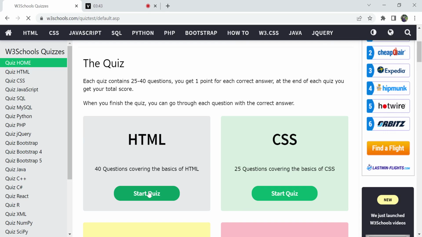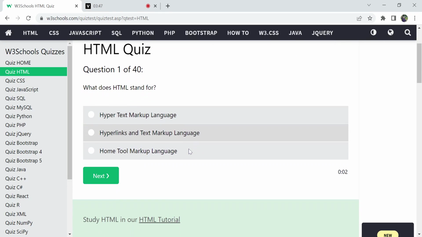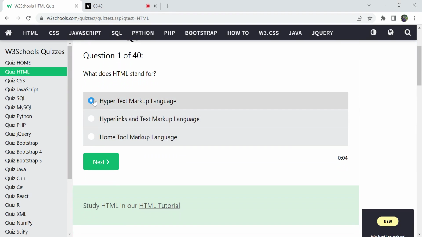Okay, let's get started. Here is the first question: what does HTML stand for? We all know this is HyperText Markup Language, which has hyperlinks and is a markup language created by using tags. It is a language understandable by the browser, telling it what type of content should be displayed on a web page. So HTML stands for HyperText Markup Language.